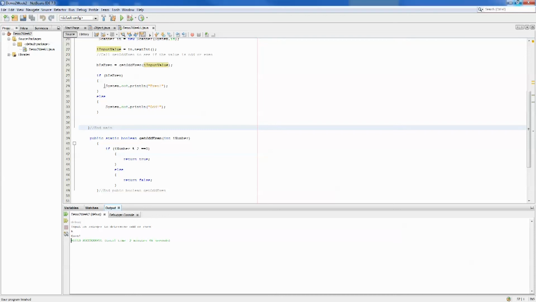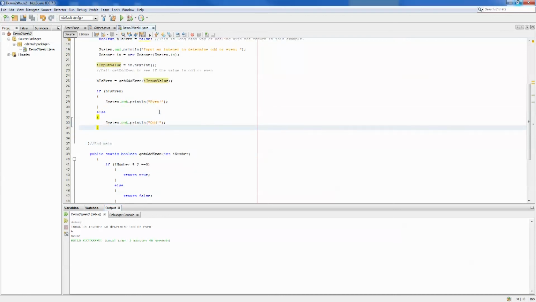Now, does everybody understand why up here I said if b is even as opposed to if b is even is equal to true? Does anybody need clarification on that? Okay. All right. So